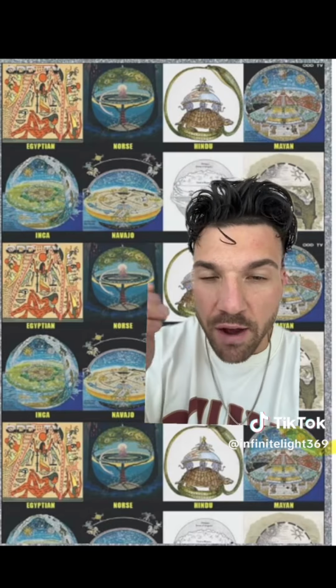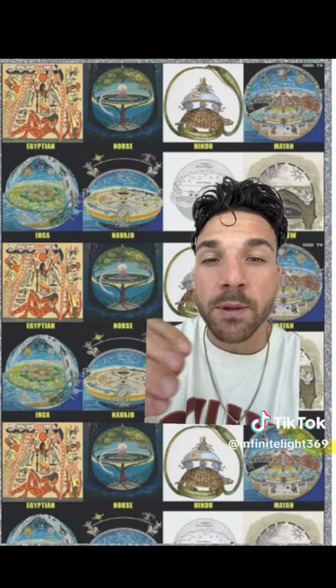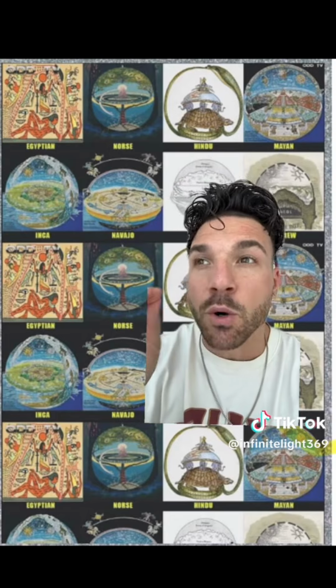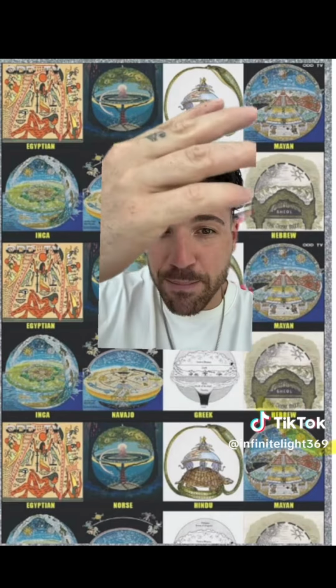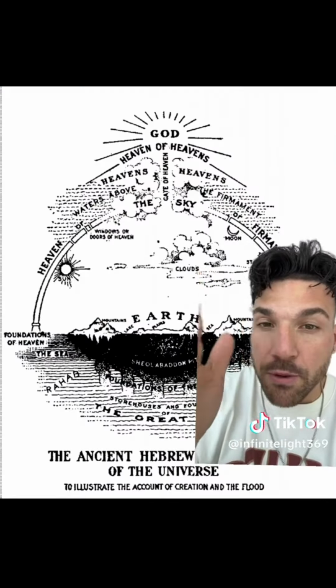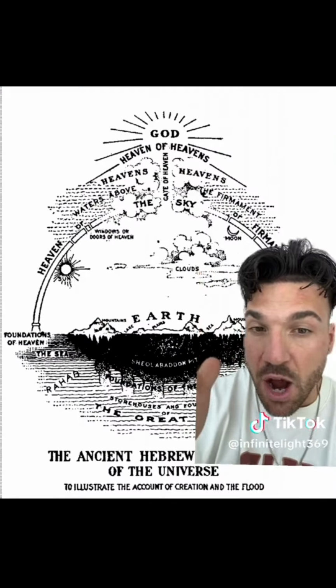Every single one of our ancestors, who, by the way, accomplished way more wonders than we did and were way more technologically advanced than we were, told us about the firmament. They all depicted the firmament when they spoke about the universe. From the Egyptians to the Mayans to the Hebrew, the Incas, it goes on and on and on. These people knew about the true creation of our universe, and they always have.